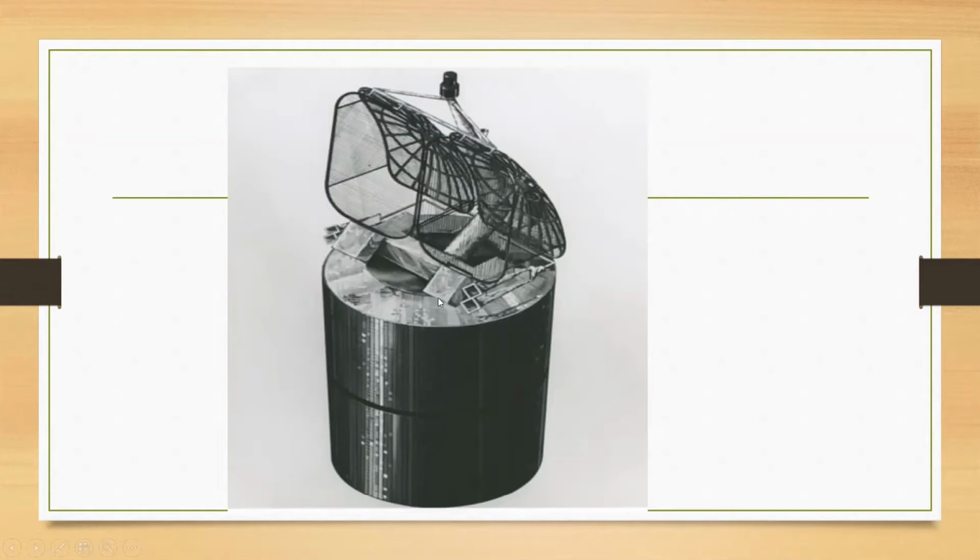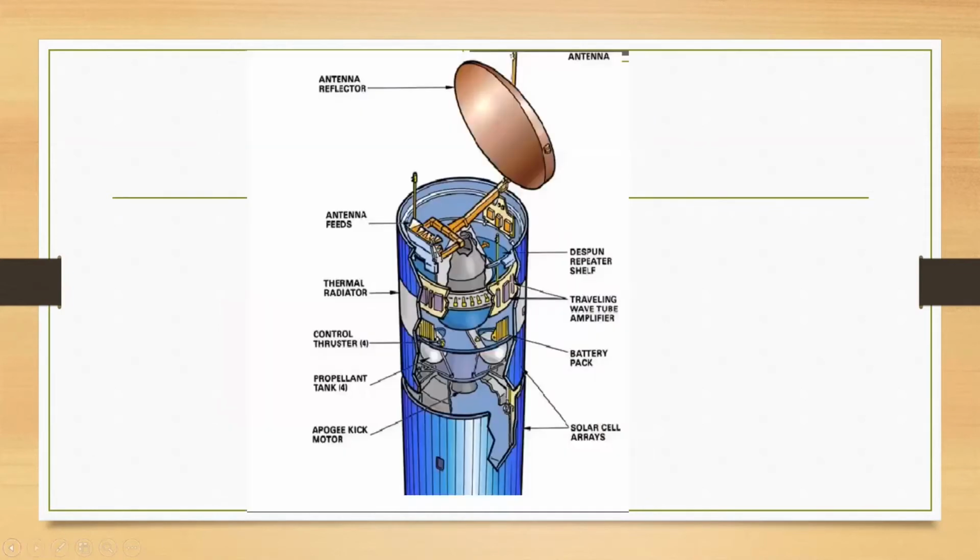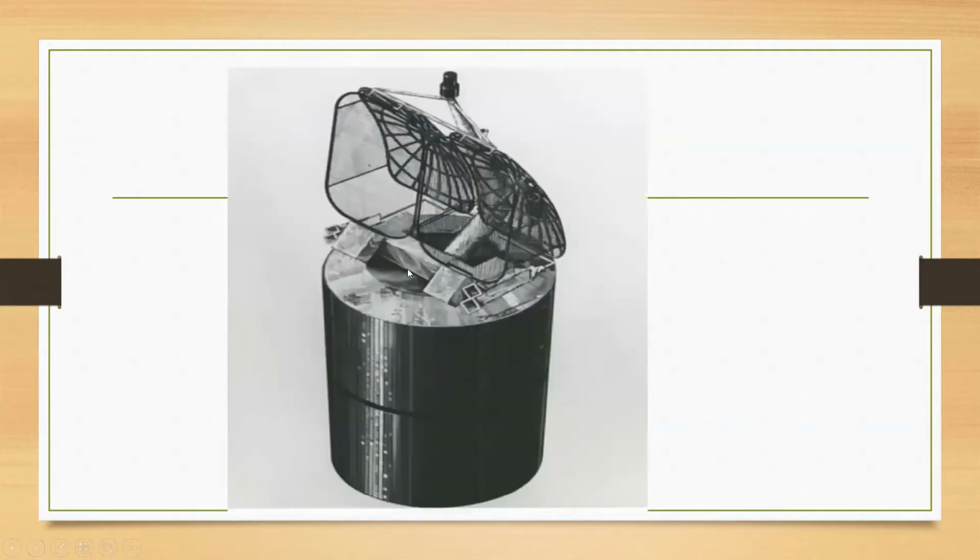So this platform that you see is actually revolving and de-spinning. Both the actions are taking place so that the antennas are continuously pointing toward the earth, because this satellite surface is continuously rotating on the axis. In this platform, we call it a de-spin platform, which you will see, right? De-spin repeater shelf. So this is what it is here, so that the antennas are continuously pointing. It is revolving in the opposite direction, and this is rotating.